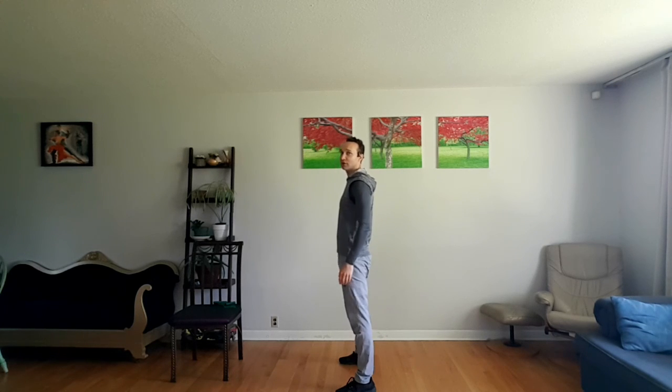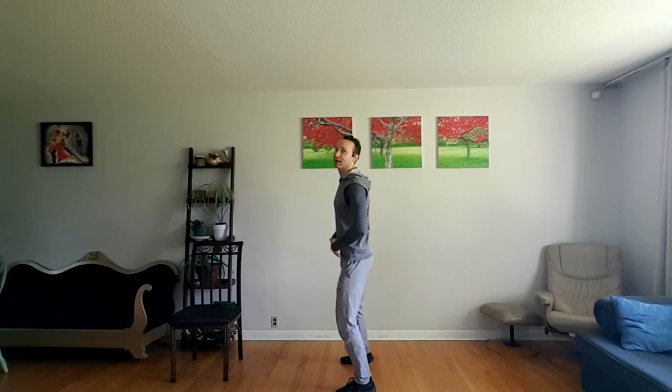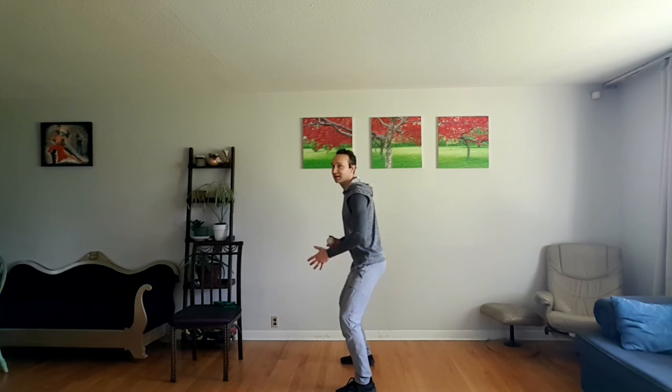So, we're going to count this in a multiple of 12. Stagger your feet and flex the knees, flex the hips. Don't lock out the joints because you're not going to be able to move quickly or react. It's better if you keep everything flexed, and then your balance is going to be better, your reaction time is going to be better. So let's start at 0, 12. Remember, don't look at the ball. Fix your gaze on a point in the distance. 24, 36, 48, 60, 72,